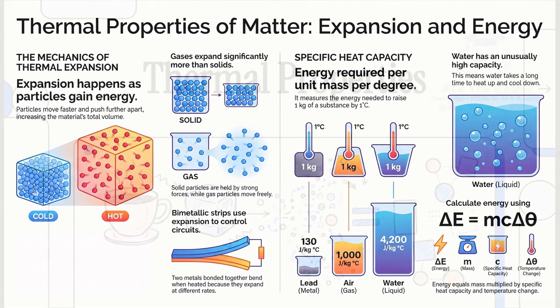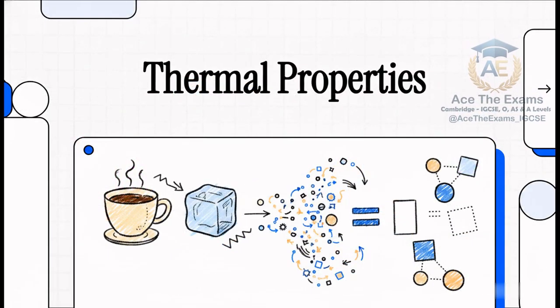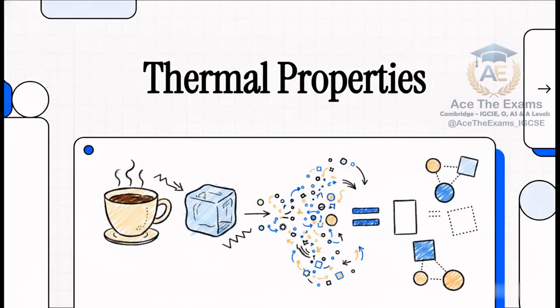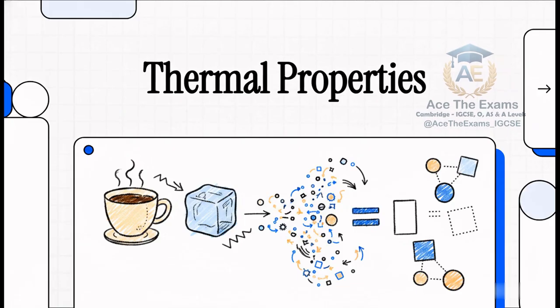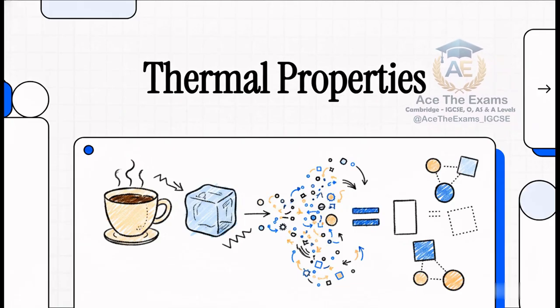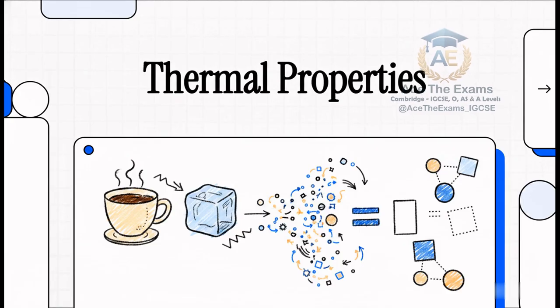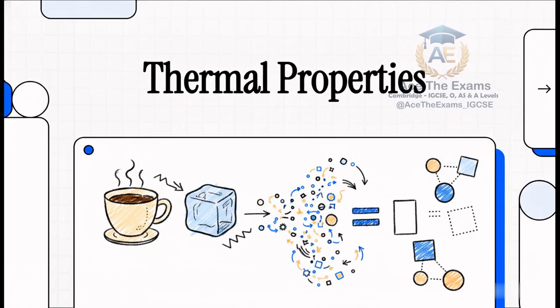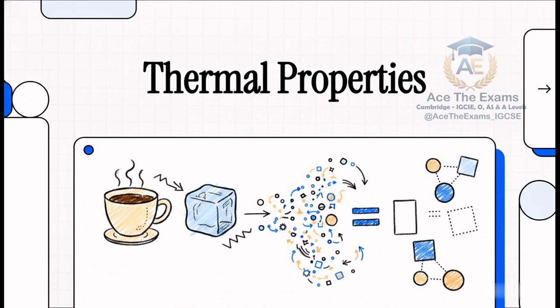I am your strategist, and today we are tackling one of the most notoriously tricky areas of the Cambridge 0625 physics syllabus, the thermal properties of matter. We're transforming the textbook science of thermal physics into a masterclass on exam strategy. Today, we're not just going to passively memorize formulas. No, we are going to look at formation, tactics, and execution so you can outplay the defense of those tough Cambridge exam questions. It's about bridging the gap between the macroscopic objects you can see and the invisible microscopic kinetic